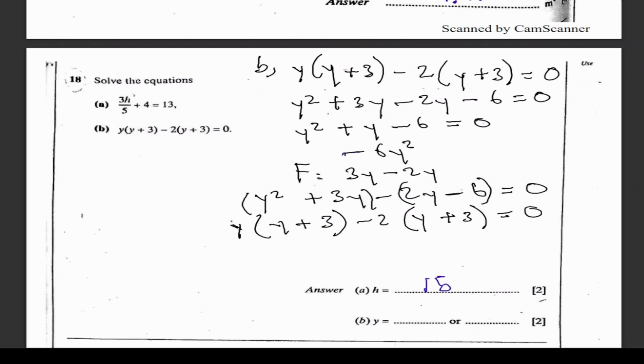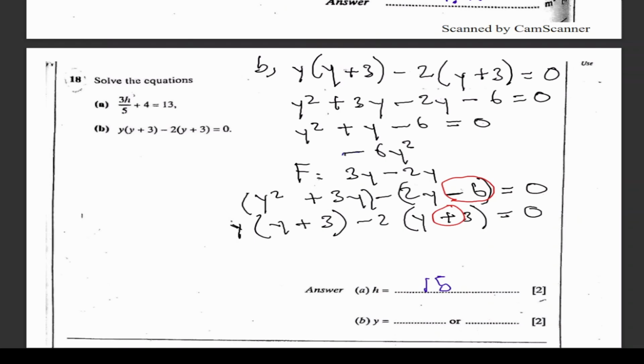This part is confusing. So let us dwell a little on it. This part which gives us a plus. When we are factorizing, we are expressing this bracket in such a way that what is common inside the bracket is factored out and we remain with this y plus 3. But why is it y plus 3? Take note that this is minus 6. Right? So we need a number such that when we multiply it with minus 2 should give us minus 6.